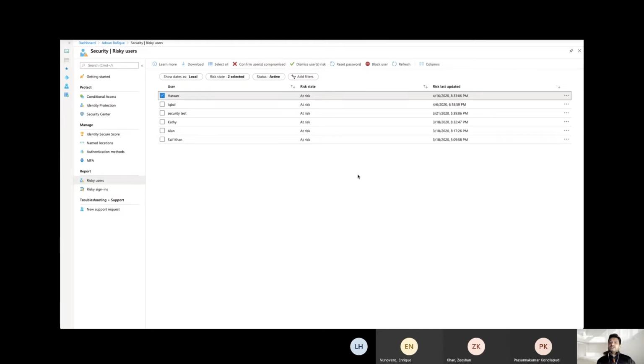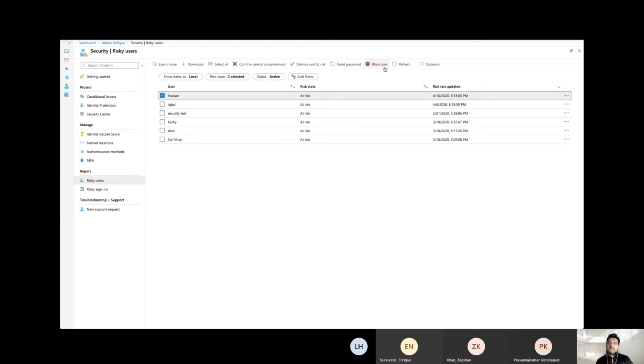Imagine you're working in your company, managing the Azure portal, the identity piece or security, or working with different teams. That's a pro tip: if a user is flagged as a risky user, maybe the account was compromised, whatever, you can block that user right away, right from here.